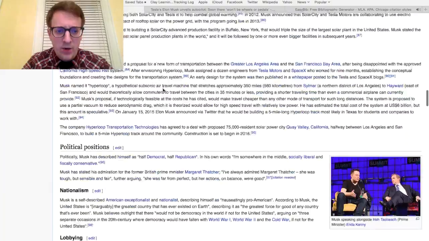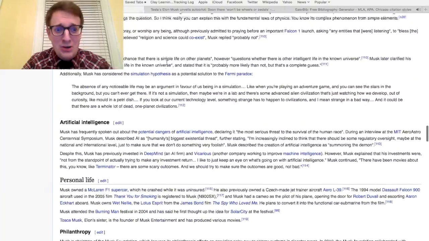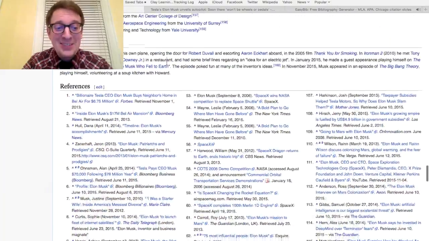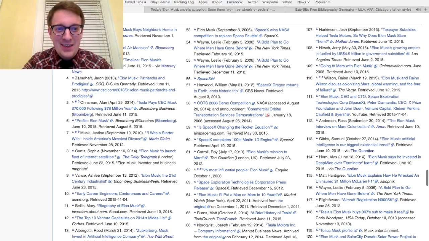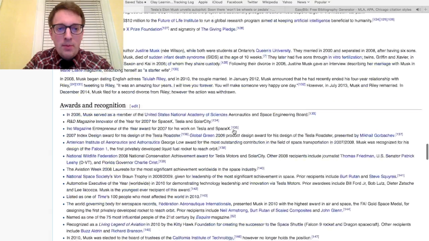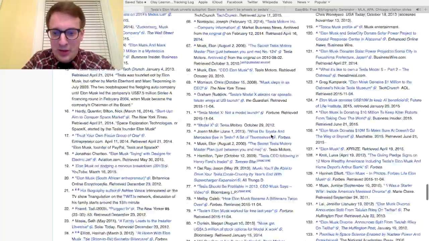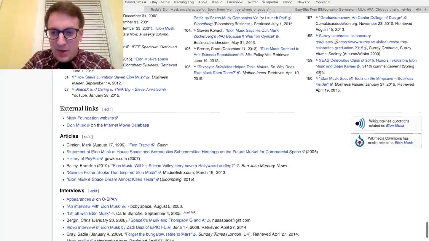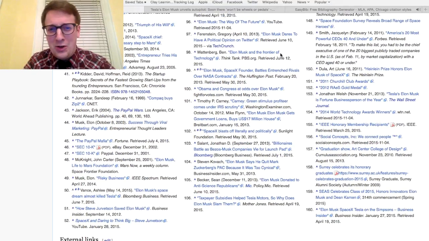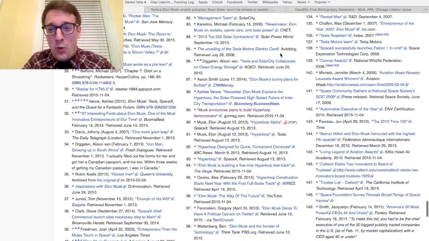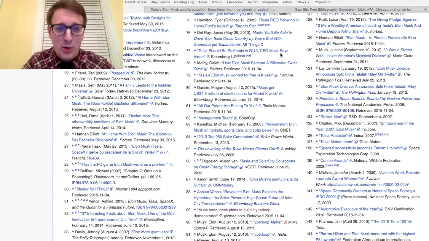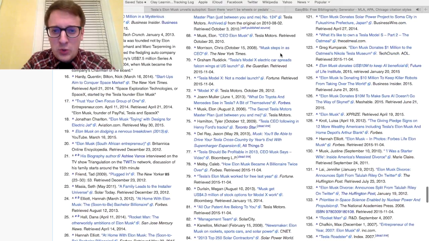If you scroll down, at the bottom of all Wikipedia articles, you're going to find a section called References. All right, and so theoretically, these are all the news articles and things from online that were used to compile all of this information on Wikipedia. So you just kind of look through here. I mean, how many references does he have? 160 potential sources that you can use. Now, a lot of them aren't going to work for you. They may be negative, or they may just not have a lot of useful information or be incredibly short. But look for a credible source that sounds official.